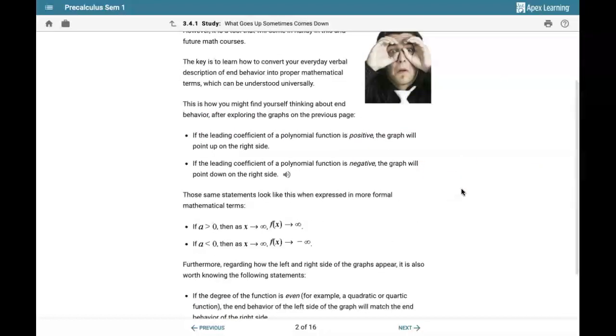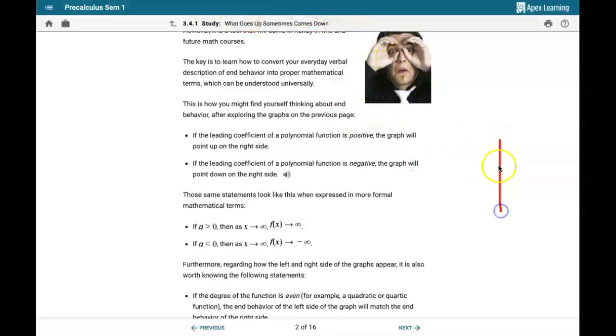How we can express this in more calculus-like terms is we can say if a is greater than 0, so that means a is a positive number, then as x goes towards infinity, f of x goes towards infinity. And what this means is infinity is just a positive number. So if you think about